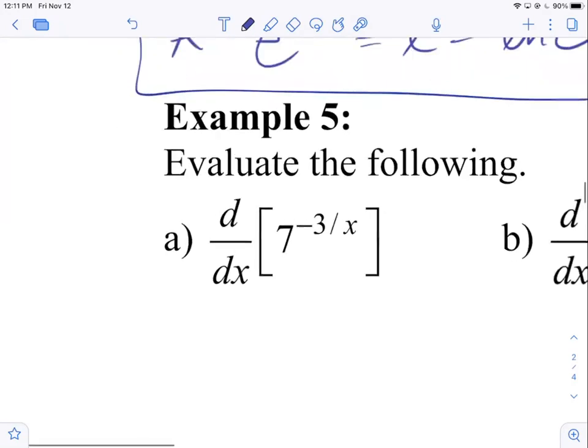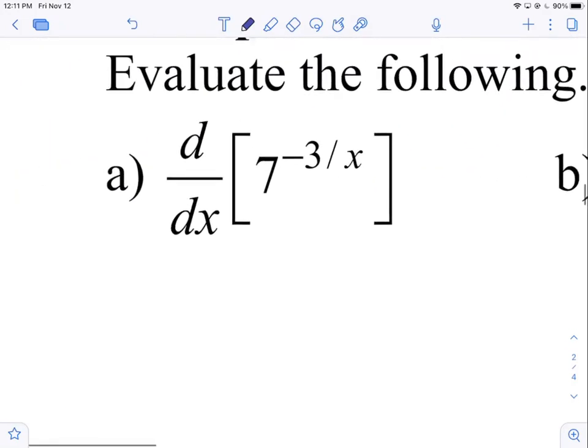Letter A, we're on example 5. Letter A, evaluate the following. We're in verb format now, right? d/dx of